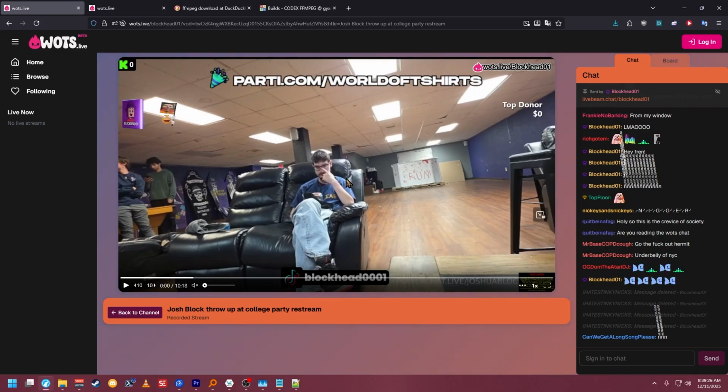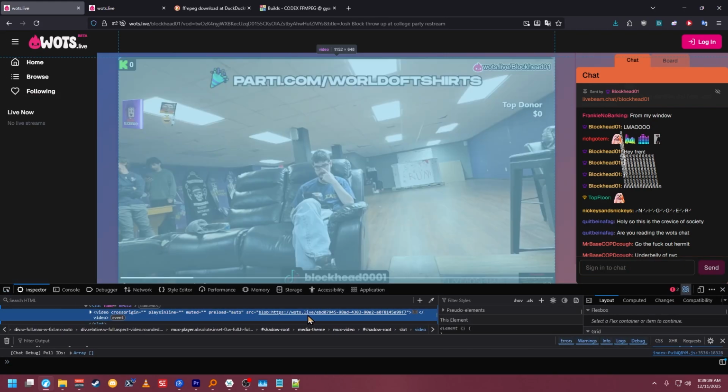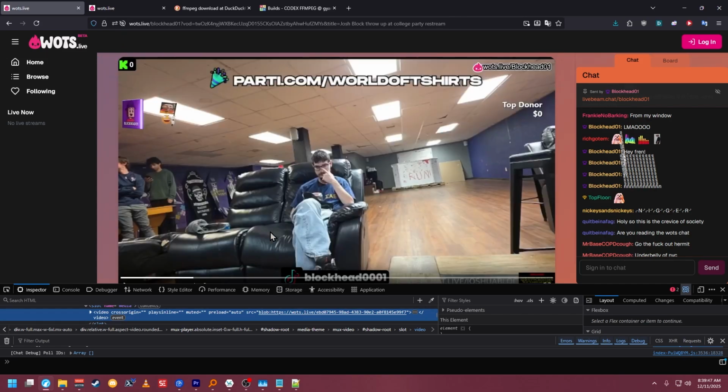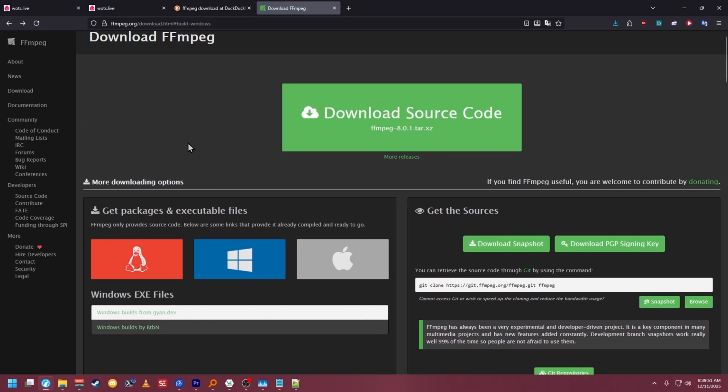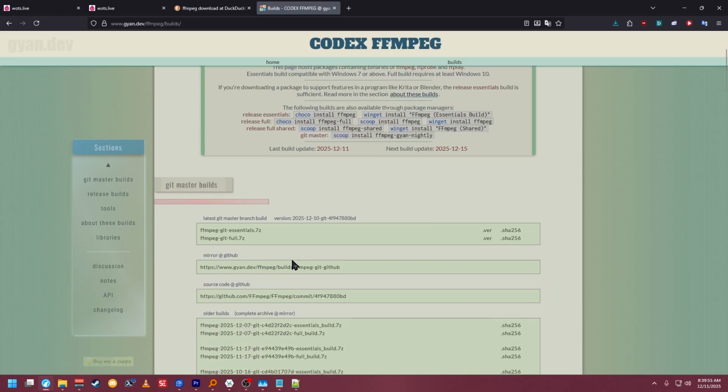If any video can be decoded and put into memory and displayed on your screen, it can be decoded by a different type of program and just put right into storage. Sometimes if you're lucky, you get a .mp4 that you can just directly download, but a lot of the times it'll be a blob link, and that's just to make it a little bit harder to download, but it's not impossible. You just pretty much need to get FFmpeg, so you just go to the website and download